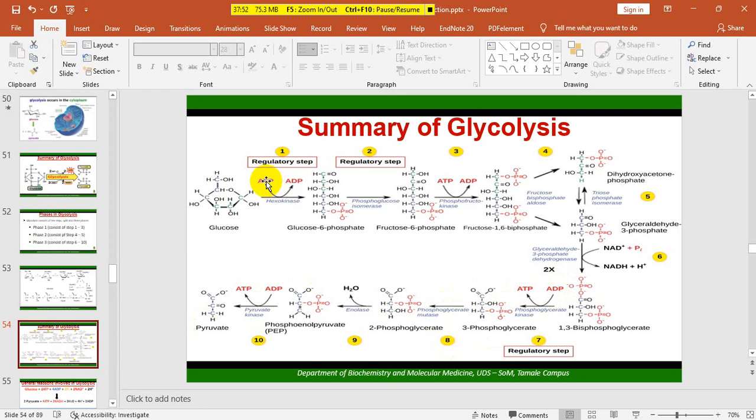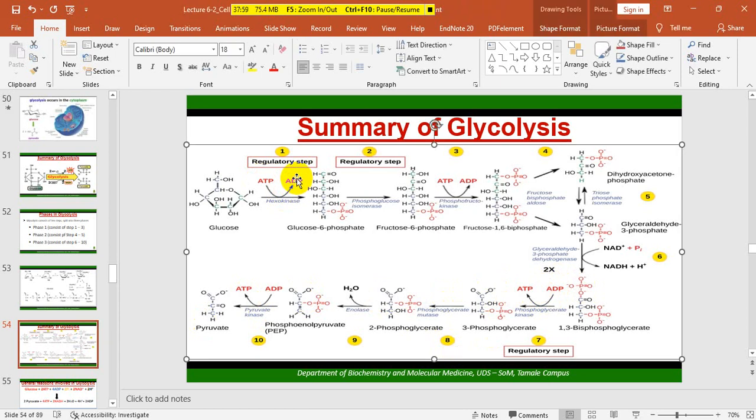ATP, the investment phase, ATP went inside and we release ADP, meaning that we have used ATP. Here too we use ATP. We use ATP here too. But when we came here, just one,